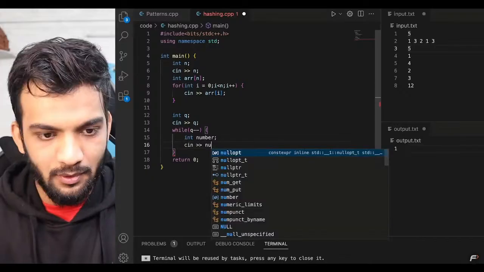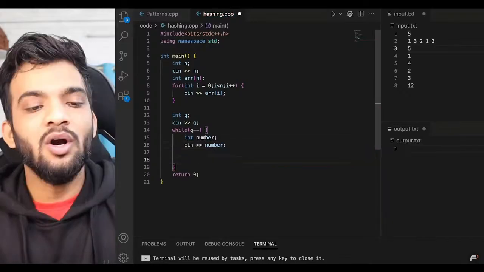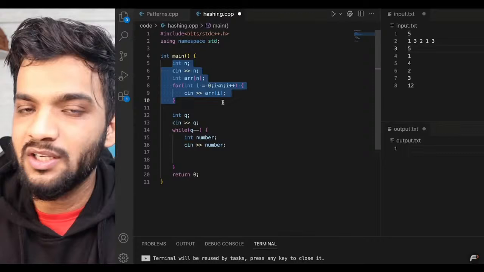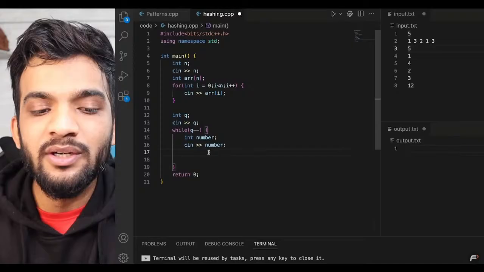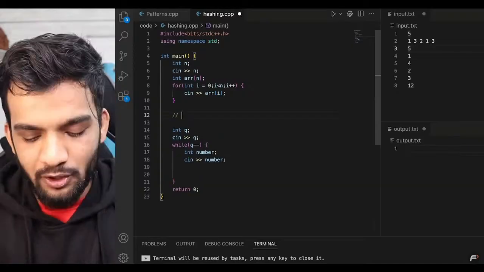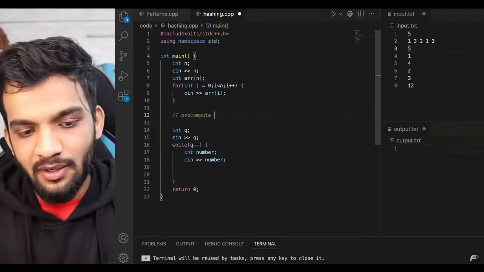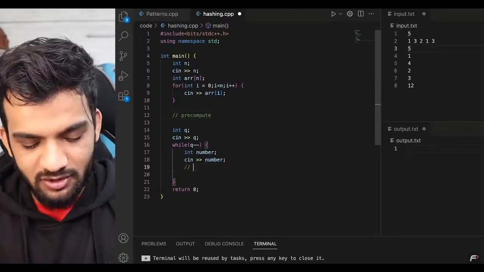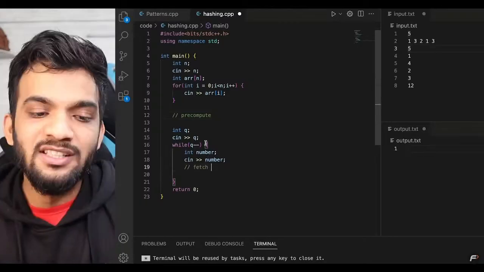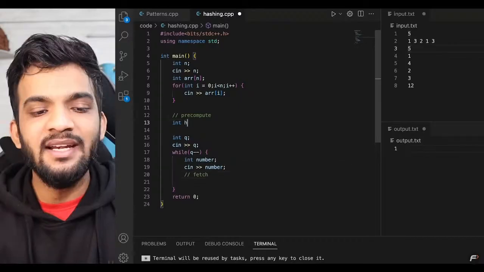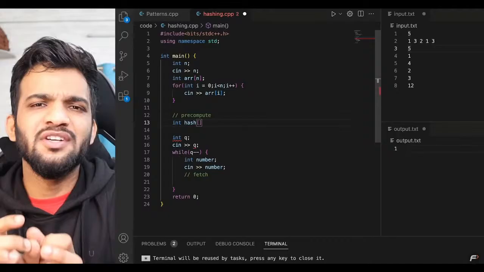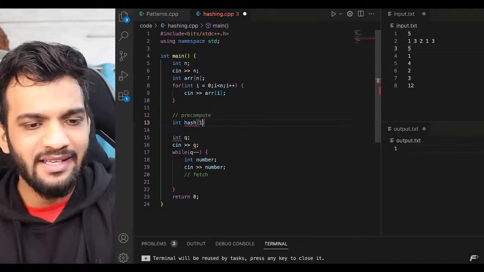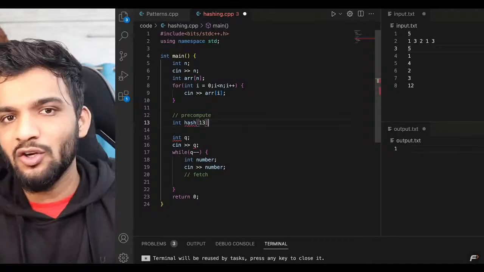So this is what is the input. First the array, then the queries, and for every query the number. Now you need to tell me how many times the number appears. So this is where you do some pre-compute, and this is the fetch method. This is where you fetch. So can I say for pre-computation, I need a hash. And over here, for simplicity purpose, let's take 13